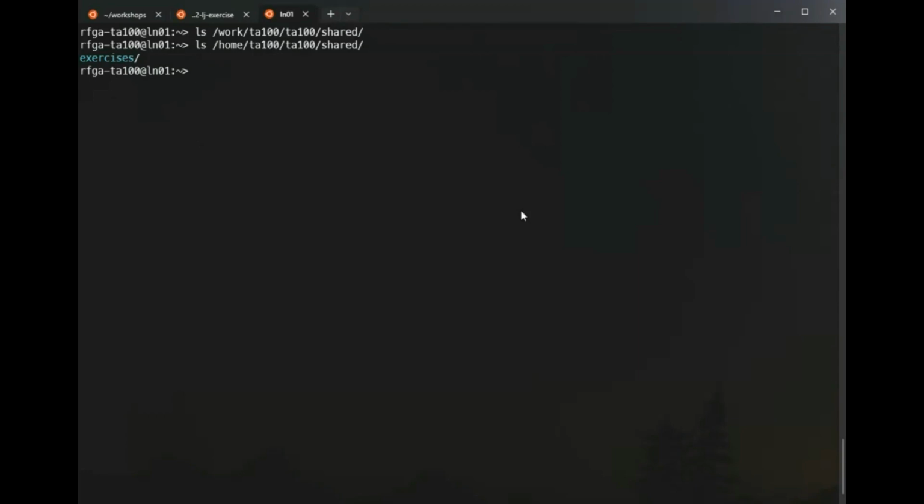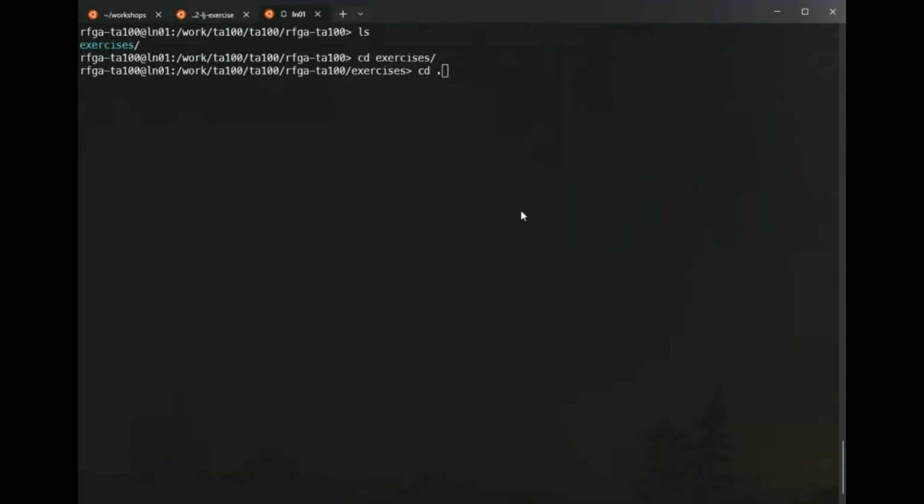So let me show you how to do that, for example. I'm going to change into my work directory, otherwise I won't be able to submit any jobs. I've already copied this folder, but let me show you how to do it. So my work folder is now empty. You can copy with the recursive flag, and